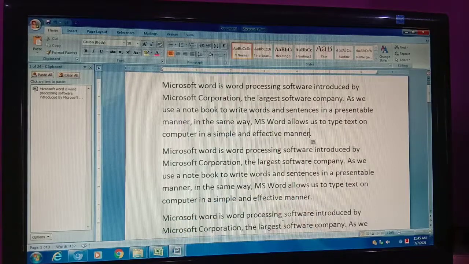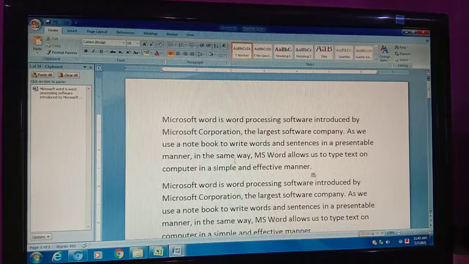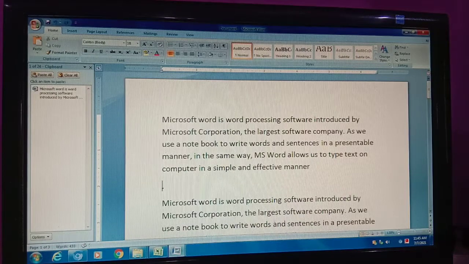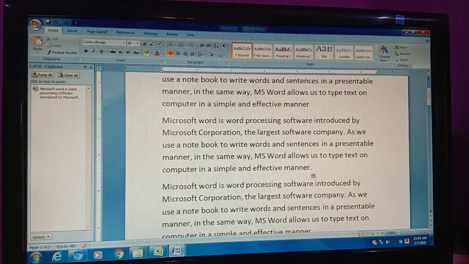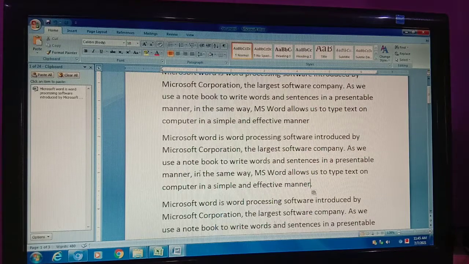See, your document is pasted. Your text is pasted. And you can paste many times. So till your document is on, you can paste your copied text anywhere. And that copied or cut text is placed in the clipboard for temporary purpose, for a temporary time. Temporarily it is stored in the clipboard option.